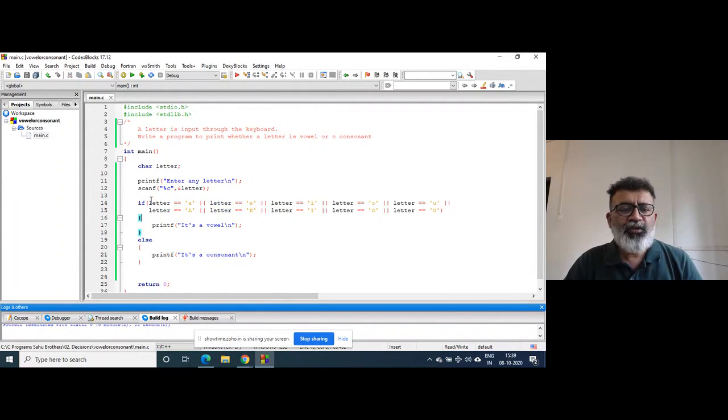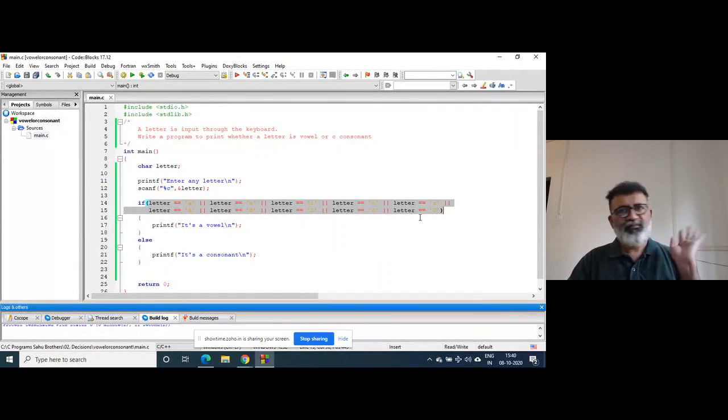So if you have entered capital I, then the conditions are false, false, false, false, false, false, false, and this one is true. Once this is true, there is no need to check whether the rest are true or false. This will be executed. The control will go to the else part only when all these conditions fail. As simple as it is, right?